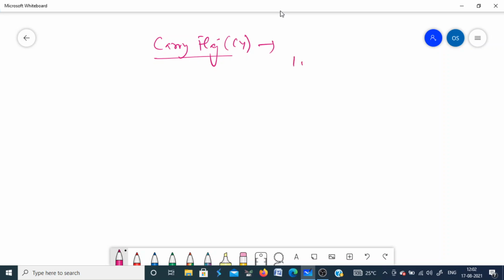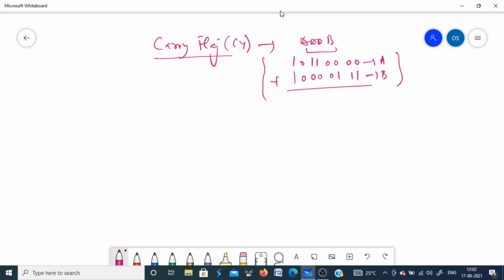Suppose I add two numbers 10110000 and 10000111. So this is in A, this may be supposed in B, and you write ADD B. So the contents of these will be added and the result will be stored finally in A. So it is 11101101 plus 10 carry 1. So since carry is generated using this operation, the carry flag will be set to 1. So carry will be set to 1 if carry is generated